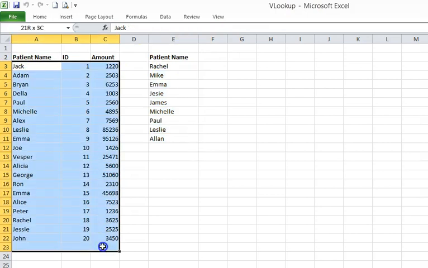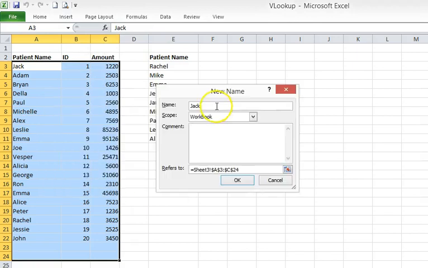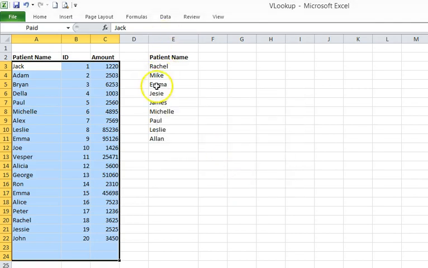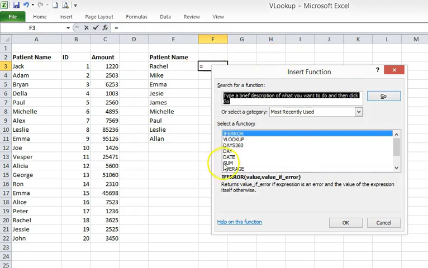In order to use our Vlookup function, we would select all the data and give a name to the data. So here I am using define name. So the name I am going to write down is paid. And in order to check whether the patient Rachel, Mike, Emma and so on, all of them have paid or not, I'm just simply going to insert the function over here in this cell, and the function which I'm going to insert is